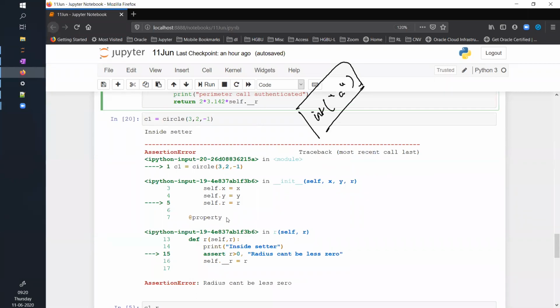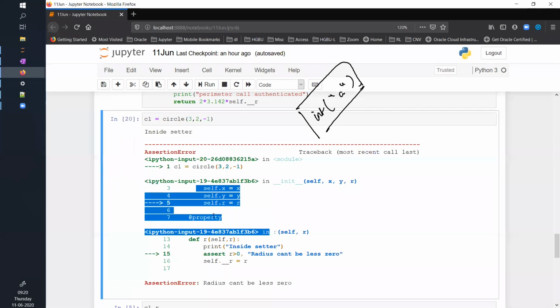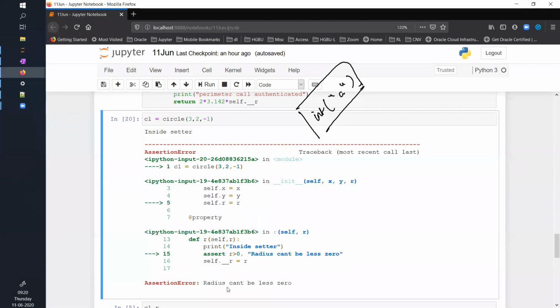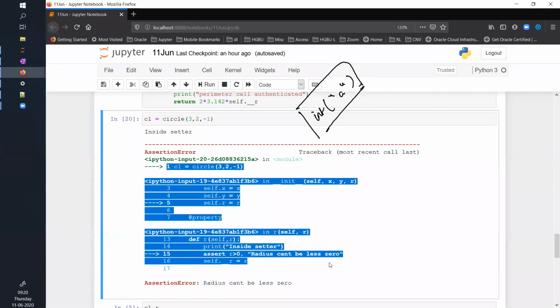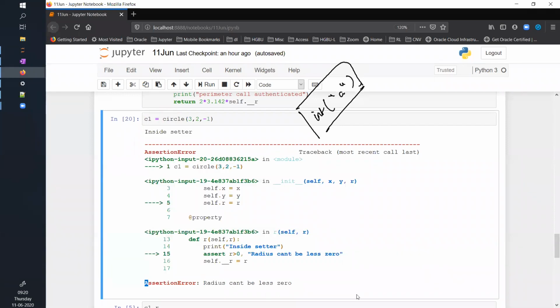It's line number 7. So these are like all the stack of your code. This is not your error statement. Your error statement is assertion error. This is just your code trace. Don't worry about it. Okay. This is your error, assertion error. Okay. Yes, sir. Does the double underscore? Okay, this we have already discussed. Okay, cool.